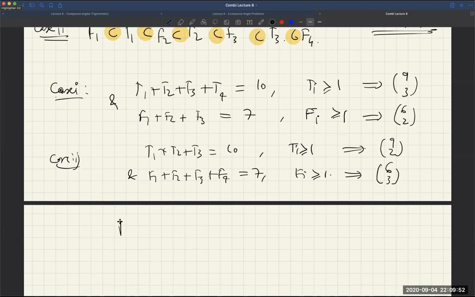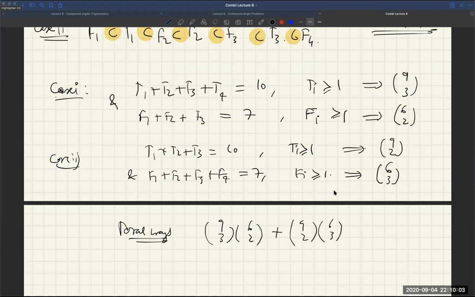तो टोटल वेज कितने होंगे? Total ways will be 9 choose 3 into 6 choose 2 plus 9 choose 2 into 6 choose 3. I hope this is very clear to all of you. Yes, sir. Yeah, but इसमें क्या होगा? Finally ये तो total ways हो गए ना distribute करने के. उसके बाद हम लोग क्या करेंगे इसको? जो जो positions उनके choose हुए हैं, क्योंकि every Finn is distinct ना. Total ways of choosing हो गया ये, है कि नहीं?